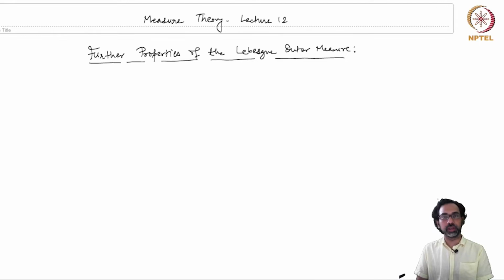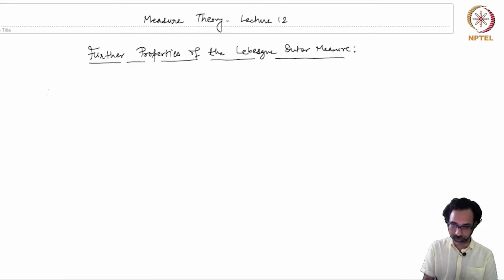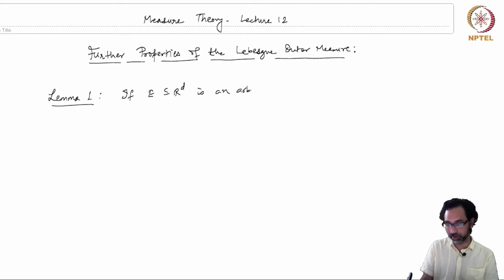We continue our study of the Lebesgue outer measure, and today we are going to learn some more properties of the Lebesgue outer measure. So the first one, I will put this as Lemma 1. This says that if E is a subset of R^d which is bounded, an arbitrary bounded subset,